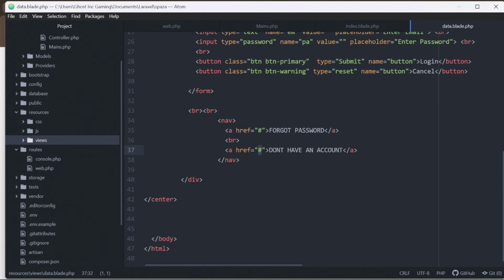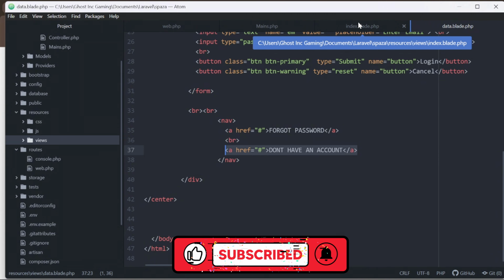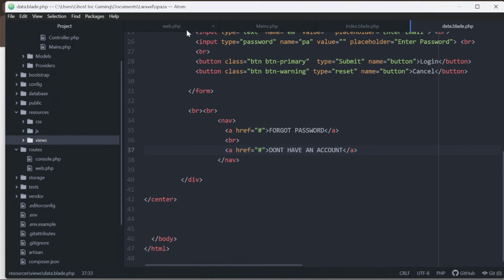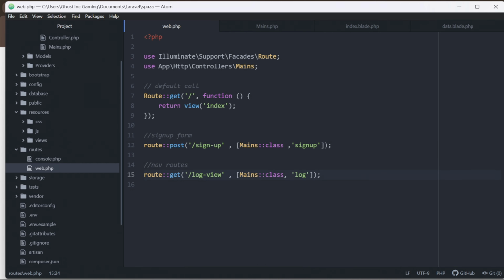On the data or data.blade.php, we need a route that allows us to come back from where we are, which is over here, the data blade, back to index blade, which is our sign up form. So we also need a route to come back to. Now if we come back and take a look at our routes, we've got our main route, we've got our sign up form route, we've got our nav route, but then this route is the default route. So